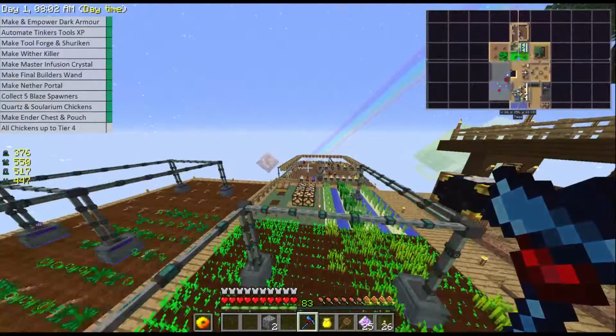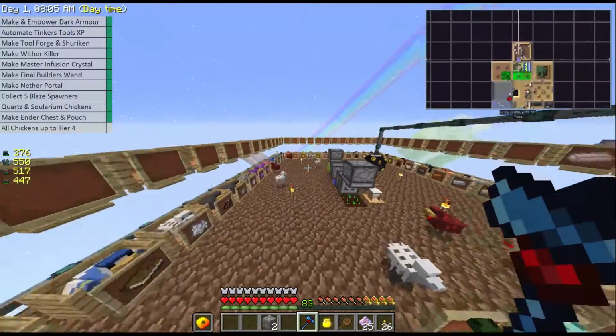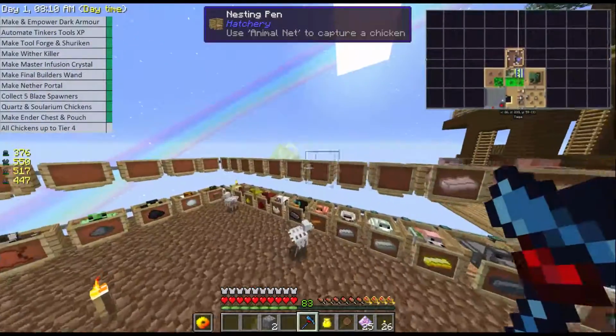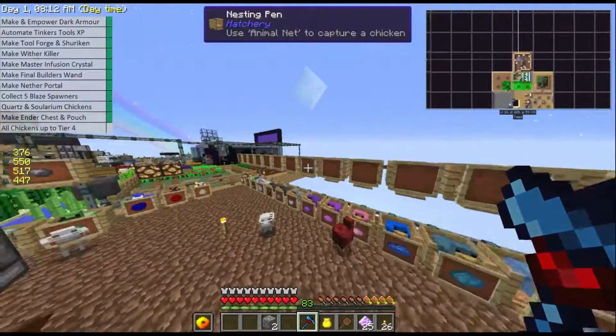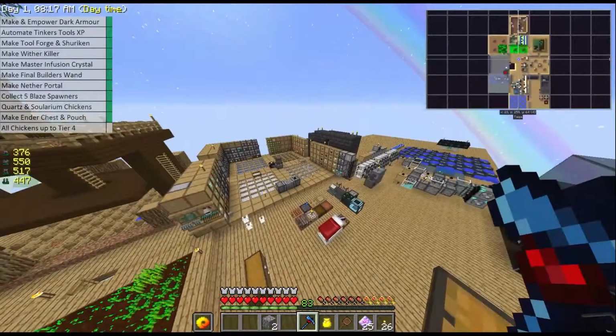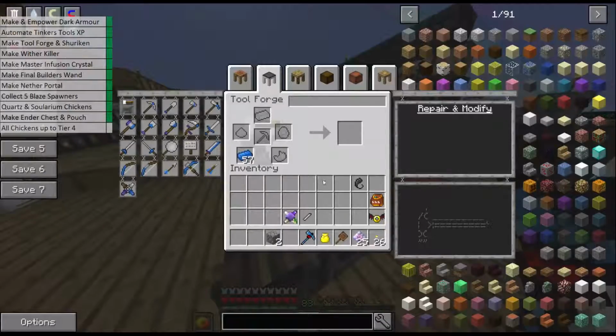We've also got all of the chickens set up over here. You can see we're up to tier 4 now, and we have some more nesting pens ready for the next level of chickens. So the only thing we've got left to do really is, firstly, while I was in the